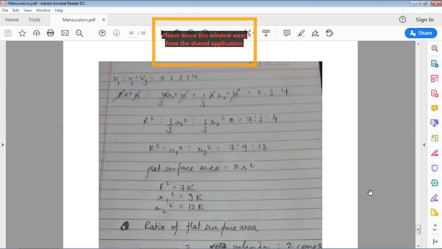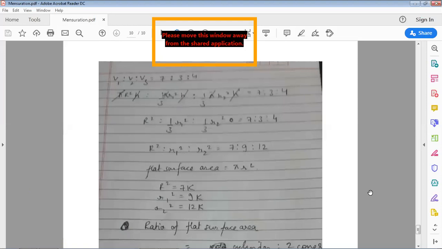So now what I have done is nothing. I have just written the volumes V1, V2 and V3. V1 is the volume of the cylinder. V2 and V3 are the volumes of the cones. So I have written the volumes, simplified it by cutting the common terms. That was h. It is given in the question that the height is 10 centimeter for both cylinder and cone. Therefore, h is common and pi is common.